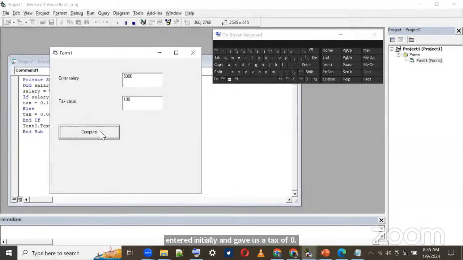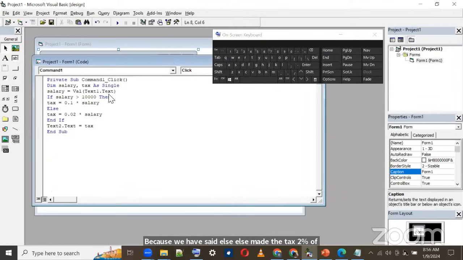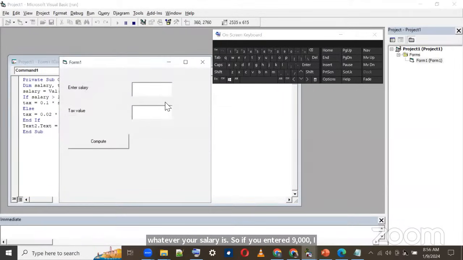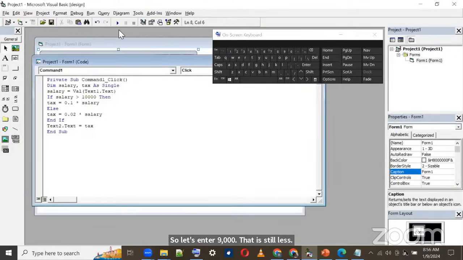You can see the tax value now is 100, because we have said else make the tax 2% of whatever your salary is. So if you entered 9,000, I think that should be 180, right? So let's enter 9,000. That is still less than 10,000. You can see 180. If you enter 10,000,